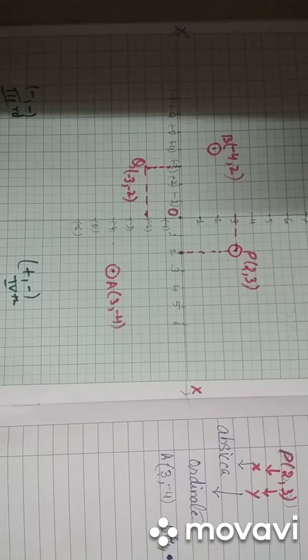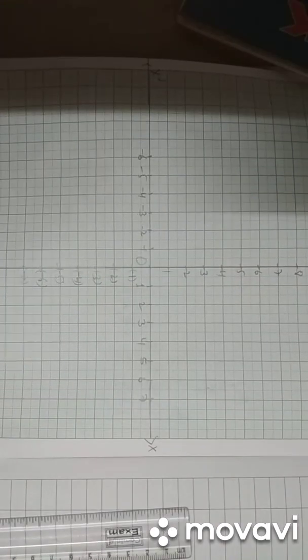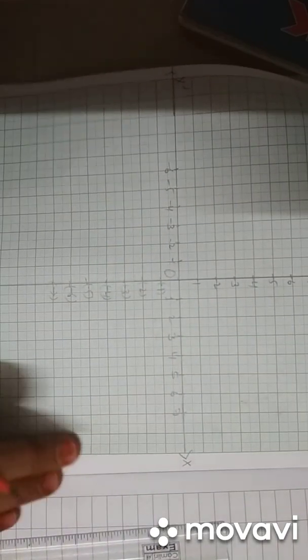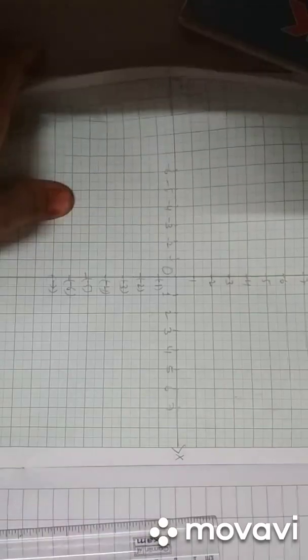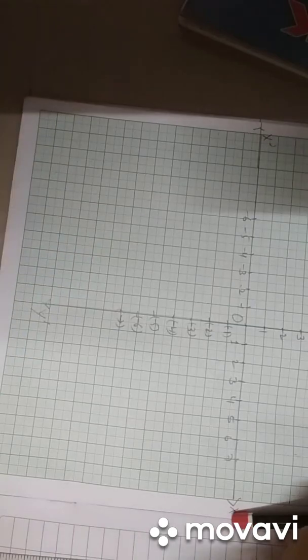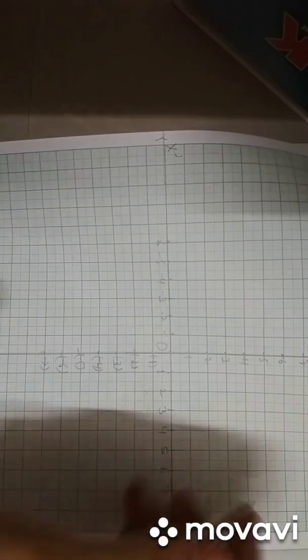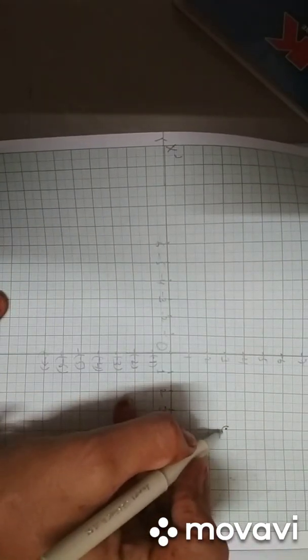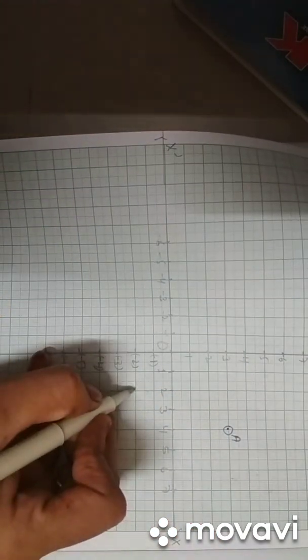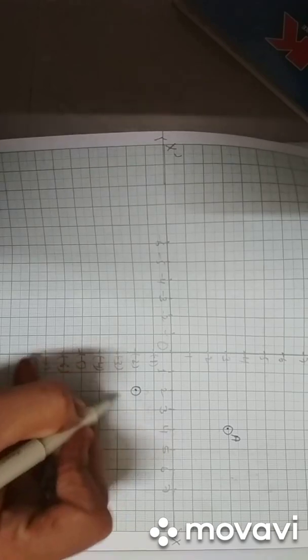Now, let us study another aspect of these coordinates. I am showing you an already labeled graph with 4 quadrants. You can see the x-axis, x-dash axis, then the y-axis and y-dash, the parts of a graph. Suppose a point is plotted here and named A. In the same way, something like this here, B.